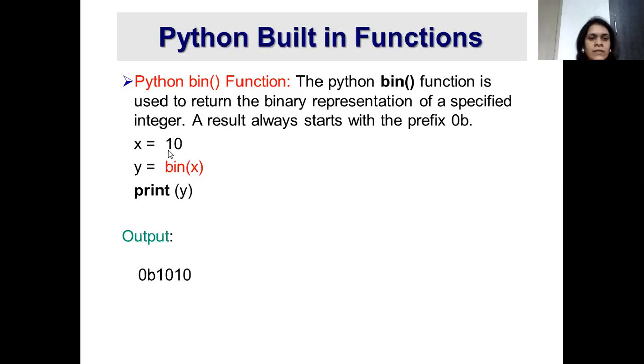To convert any integer to its binary equivalent, we just have to call that function by using the function name. We need not write the lines of code to convert that integer to its equivalent binary value.